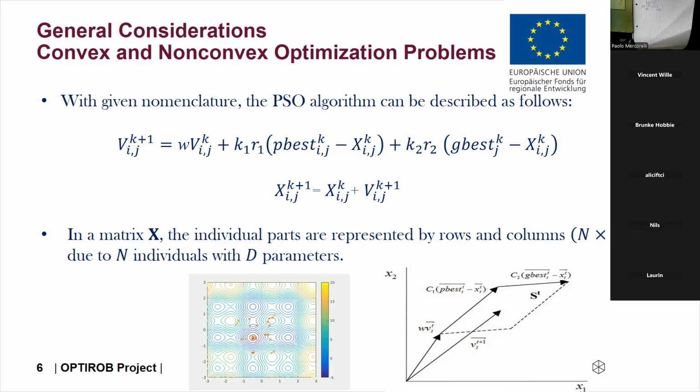Now, again on the mathematical expression, we can see x_i,j. Now it's clear, because i is the index of the row, as in each matrix representation. j is the index of the column. j, in our case, can be 1 and 2. We have two columns because we want to find omega and v. How many rows, how many particles? We will see. Of course, if the problem is not convex,